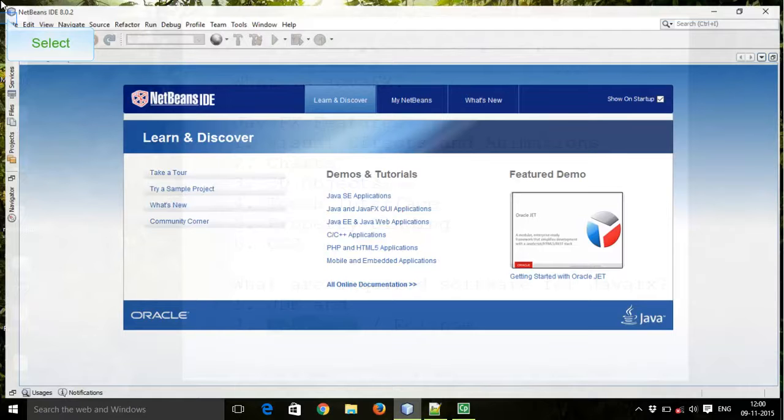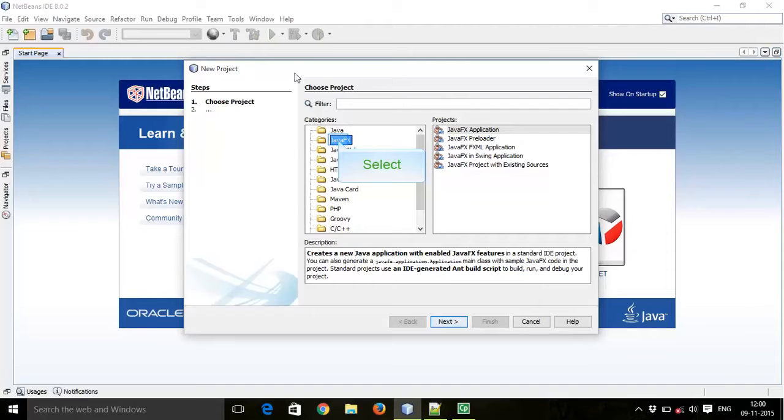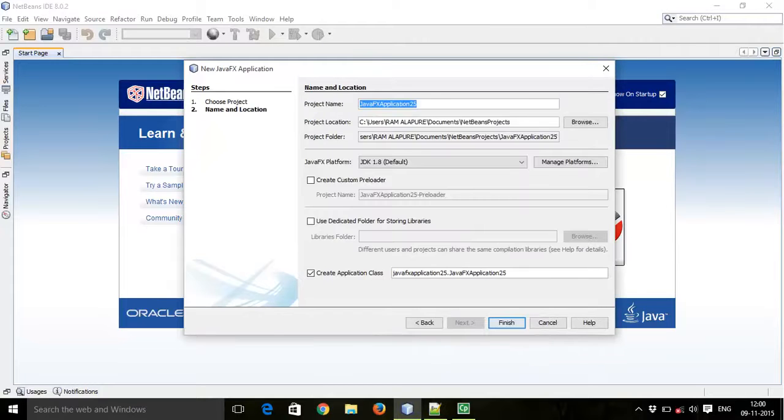To create a JavaFX application, click on File, New Project, and click on JavaFX Application. Then Next. Here you can give any name to your application. I will give JavaFX Application 1.